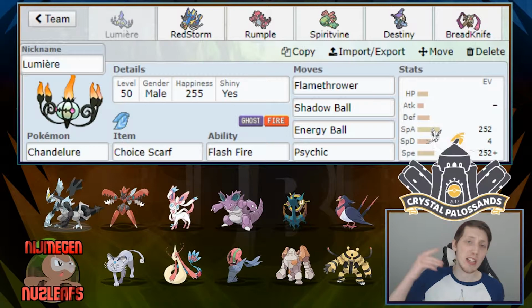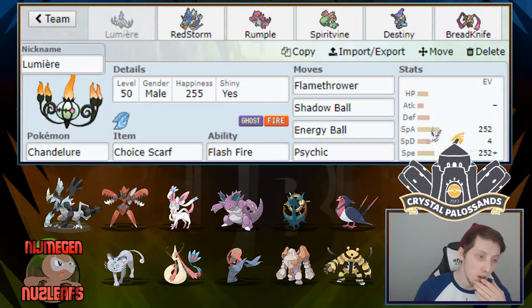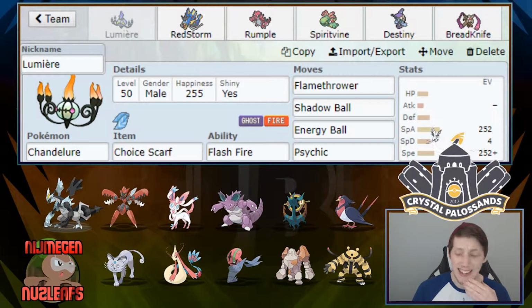Hiram Black can typically be run specially or physically offensive. Not typically is it defensive, mainly offensive, but it's very scary. It can be all kinds of sets. This thing gives access to things like Fusion Bolt. You've got Earth Power, Roost if you really want to go that far. You've got Freeze Shock. It gets access to both. It gets access to